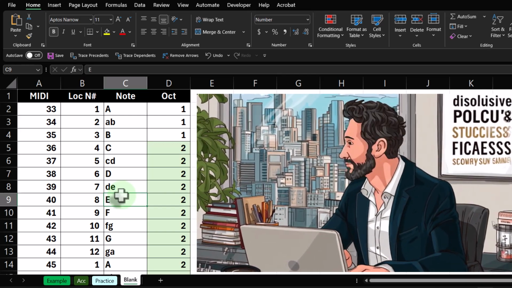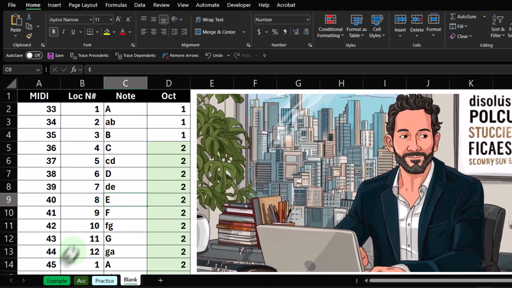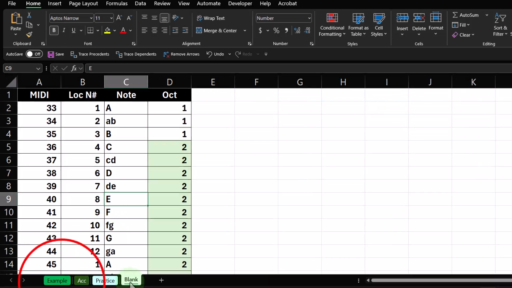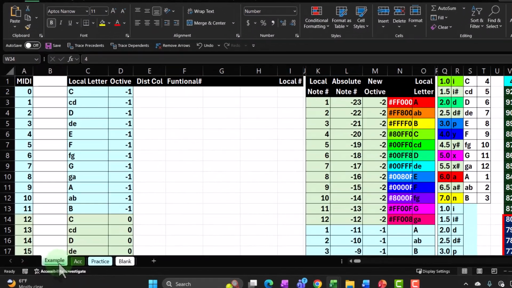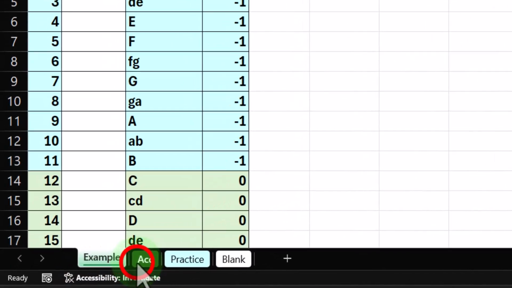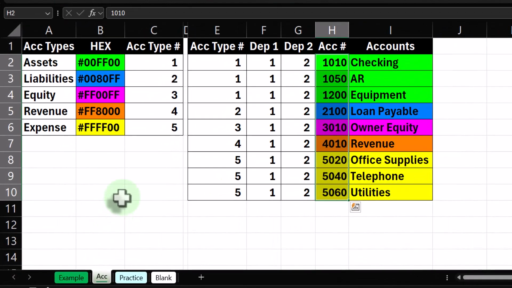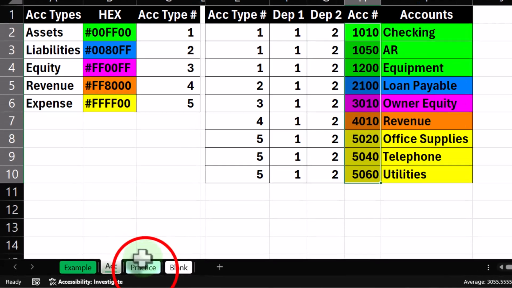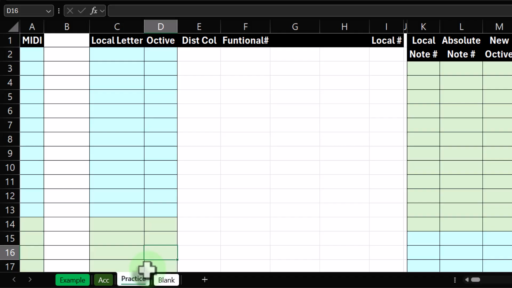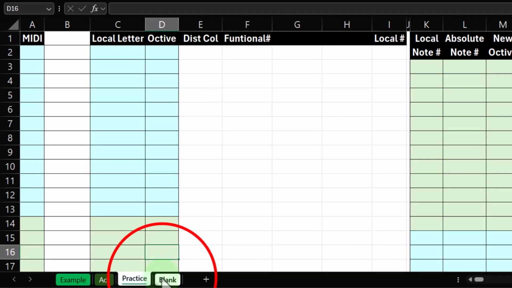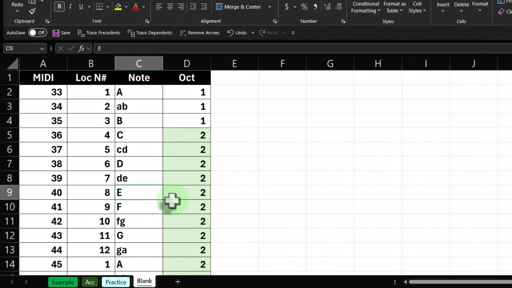If you do have access to this workbook though, there are 4 tabs down below: example, accounting, practice, blank. Example is, in essence, the answer key, the cheat sheet. The accounting tab has the analogous accounting system that we will be modeling our table off of. The practice tab has pre-formatted cells, so you could work the practice problem with less Excel formatting. But if you don't have any of that, that's okay. We will continue to work in the blank tab, where we started with a blank worksheet,